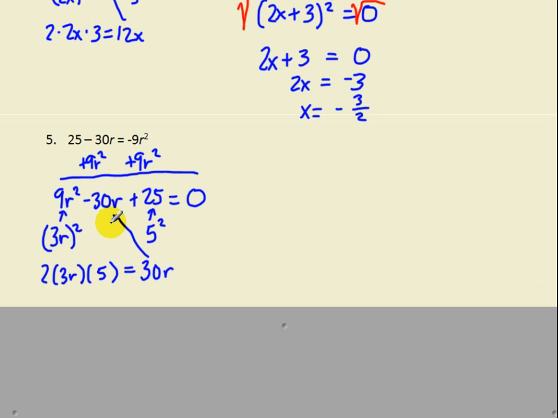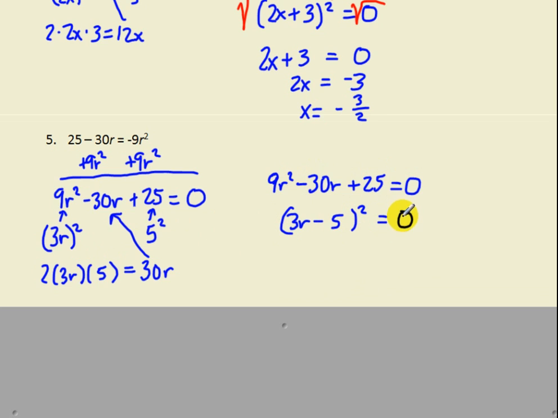And notice that is our middle term. We're subtracting 30r. So that tells us that when we have 9r squared minus 30r plus 25 is equal to 0, this factors into 3r minus 5